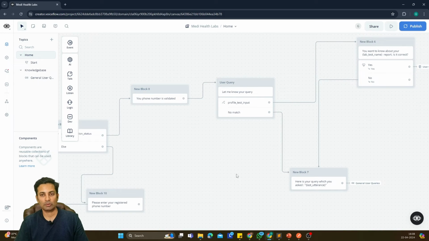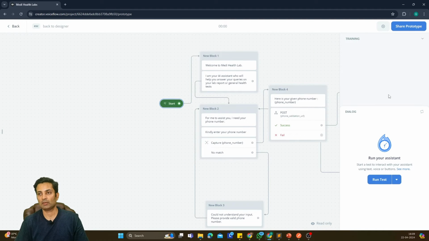I want to also show you the number of tokens which are used while we do the knowledge base, because now we are bringing the AI step into the picture. The moment we bring the AI step, the tokens will start utilizing. So right now, out of 100,000, 2,308 tokens are already utilized. So let me run this flow